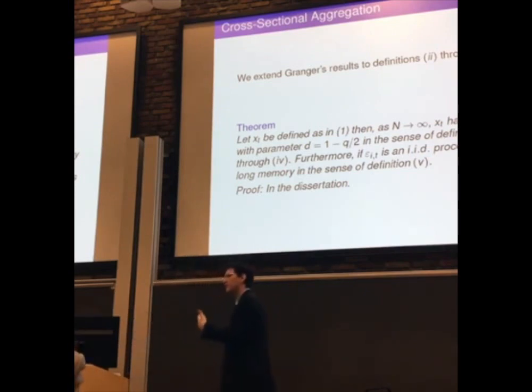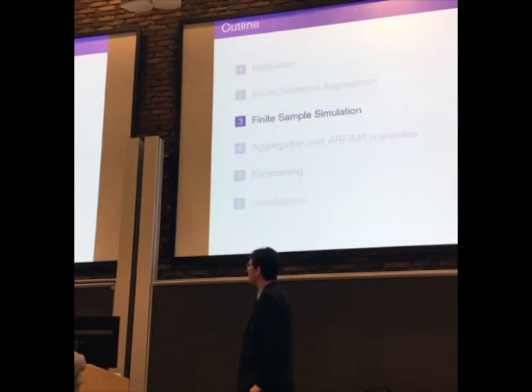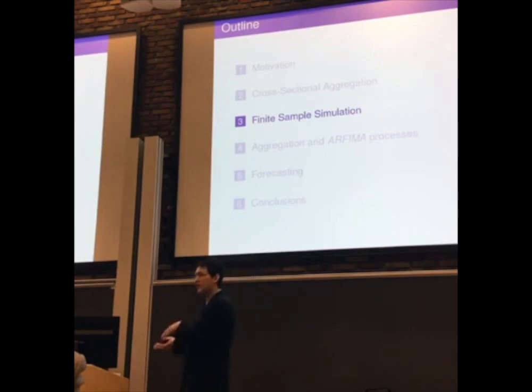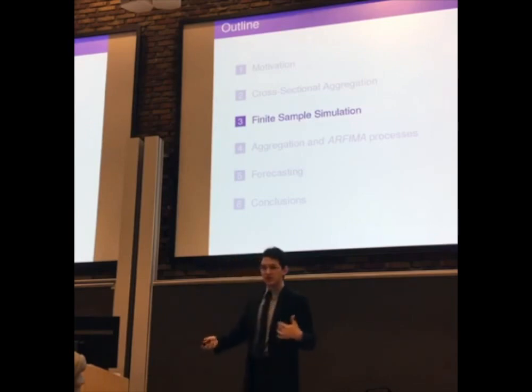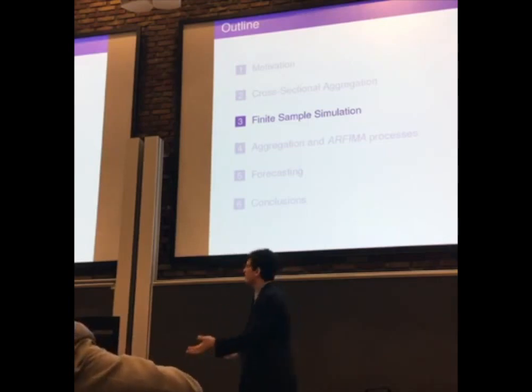So it does satisfy the 5 definitions of long memory that we said. Still, it's an asymptotic result. We saw we needed n big enough so that the autocorrelation function approximates the expected value, or n big enough so that the central limit theorem starts to kick in. So it's an asymptotic result. We need a bunch of those. N goes to infinity.